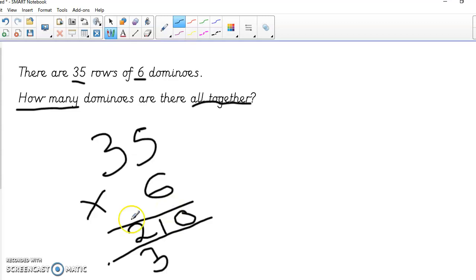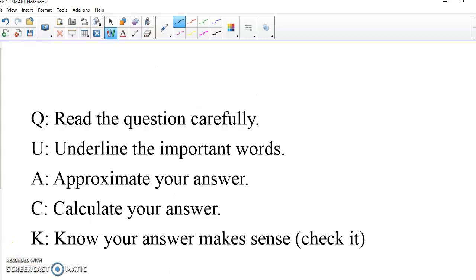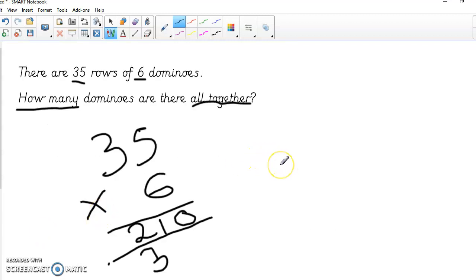But remember, you have the last bit, which is know your answer makes sense. So for this bit, we need to do our inverse operation just to check it. Are we sure? Did we get it? So what I'm going to do is I come here and I do 210 divided